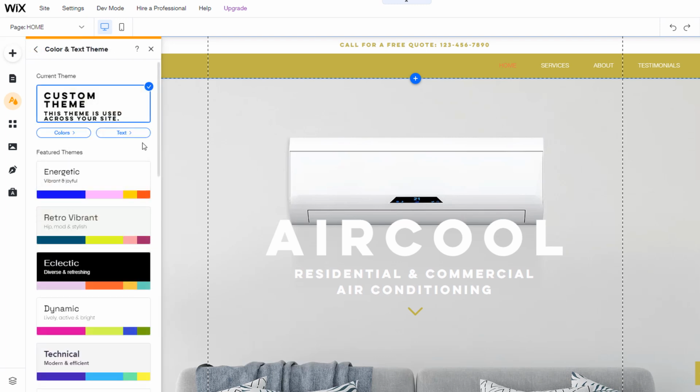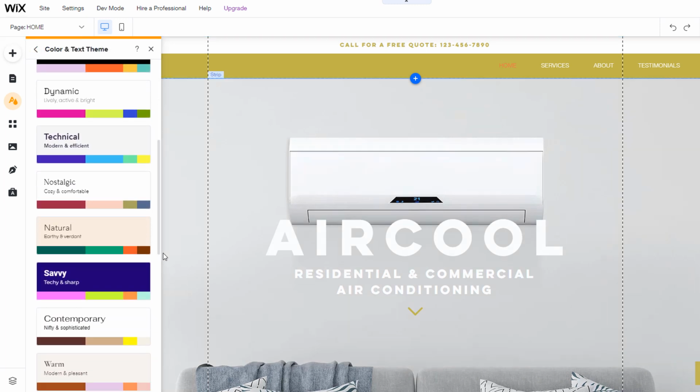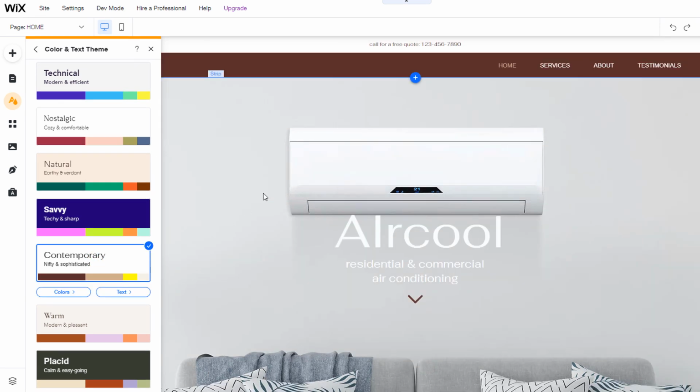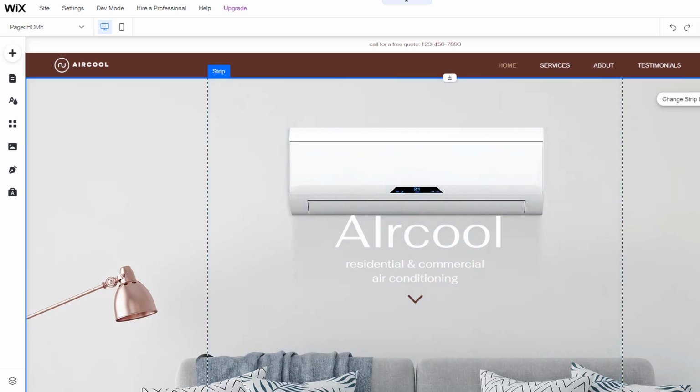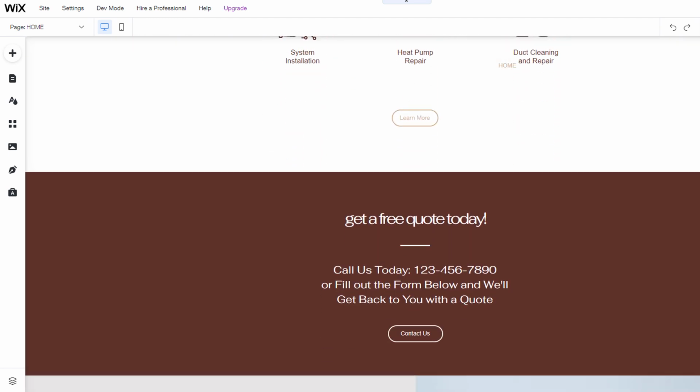For the sake of this tutorial, I'm going to choose a preset color theme. I quite like the contemporary one. As I've already mentioned, changing the color through the Edit Theme option will apply your choices across all the pages of your site. You can, however, change the color of a single page or a single element of a page